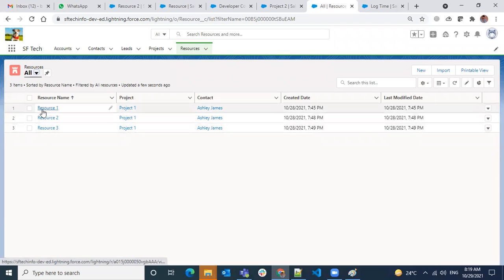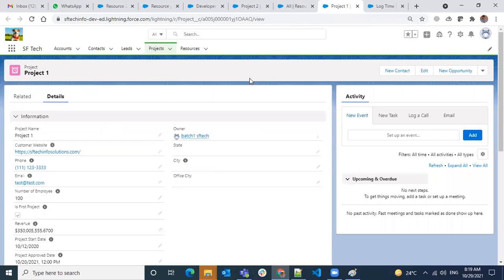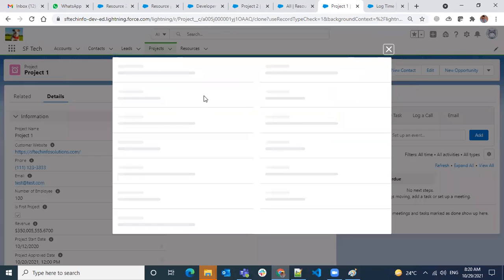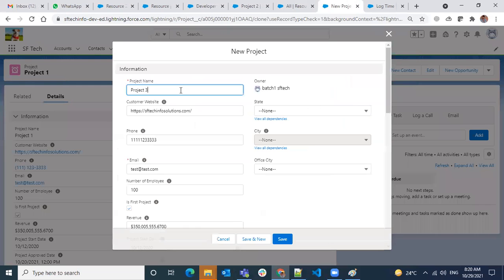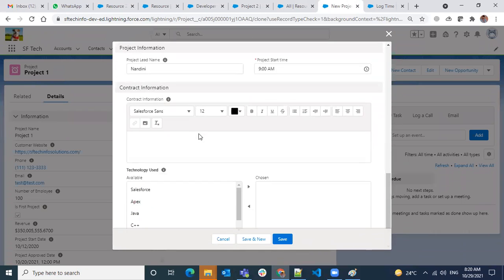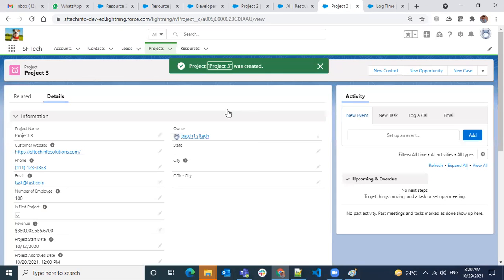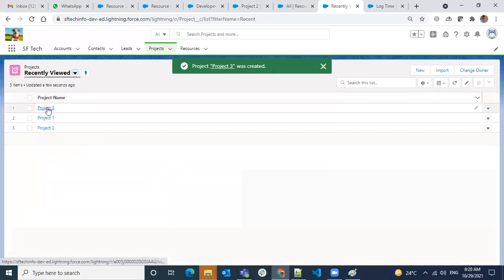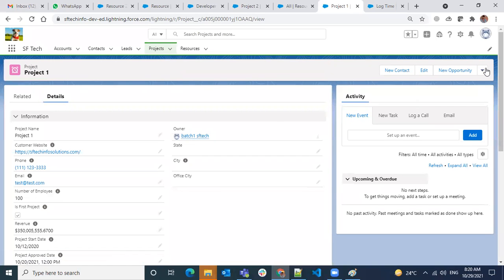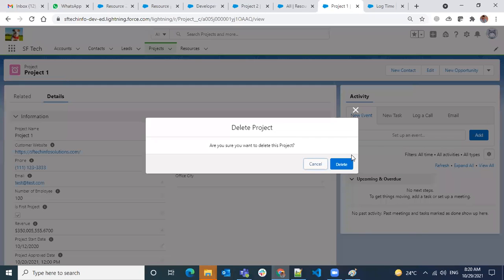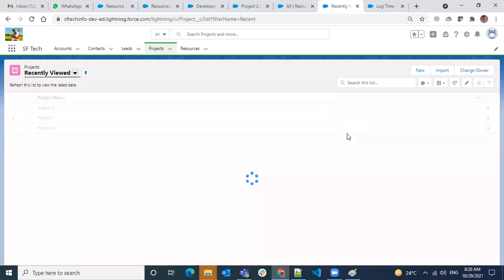You can delete each record, that's fine, and you can undelete. But what we're thinking here is, when we delete a parent record, what happens to the child? That's what we are trying to look at, correct? I have this one and I will just clone it. We have filled some data over here. So I'm going to project one. I don't want this project anymore. I'm deleting it and will see the behavior of the child records. Okay, I'm just deleting the project.